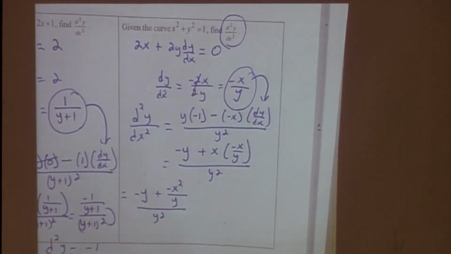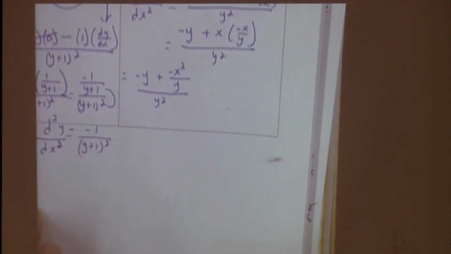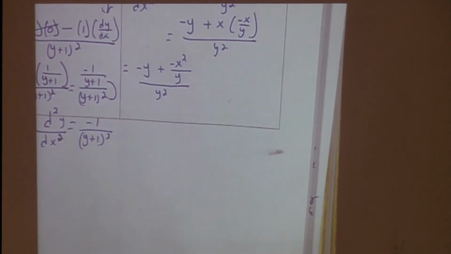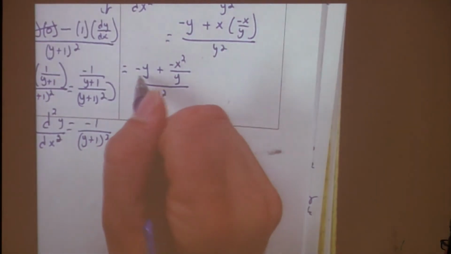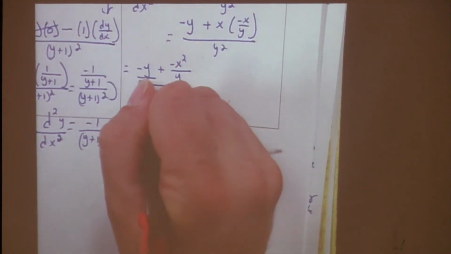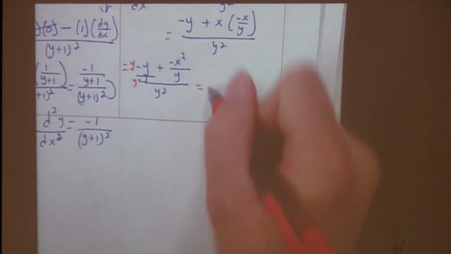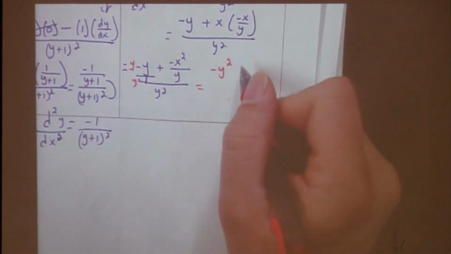And I don't like that. Okay, what does Mr. Science usually like the answer to be? A nice single fraction, right? So how can I make this a nice single fraction? You add the ones on top. Get a common denominator for the ones on top. So what would that be? It would be y, so that means I multiply this by y and this by y. So that gives me negative y squared